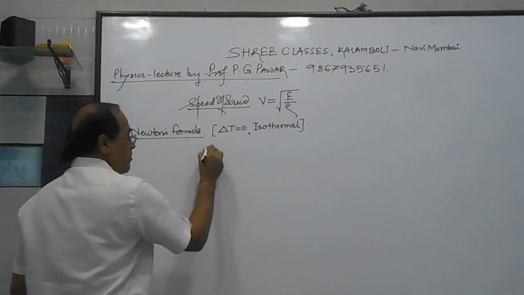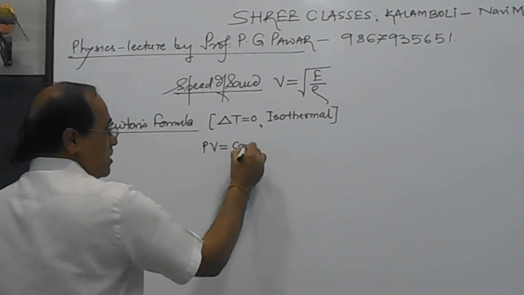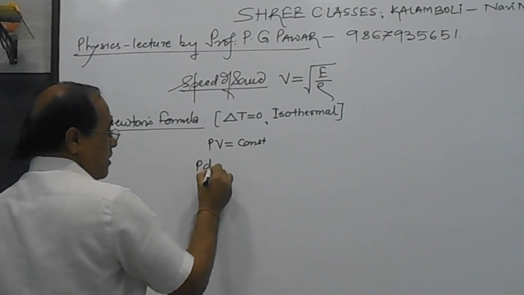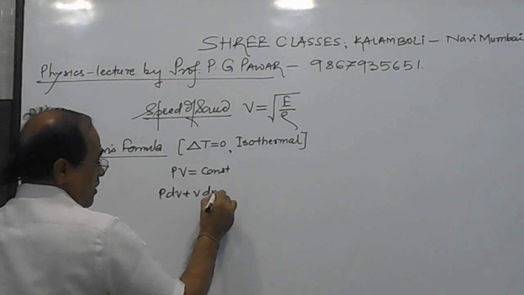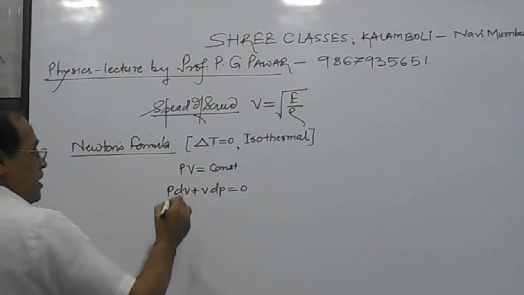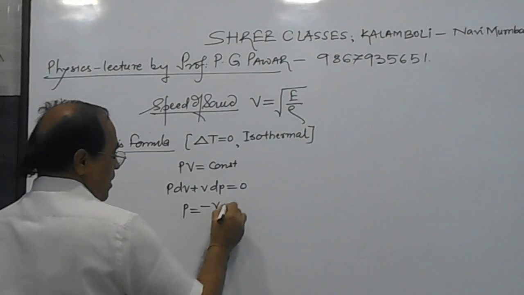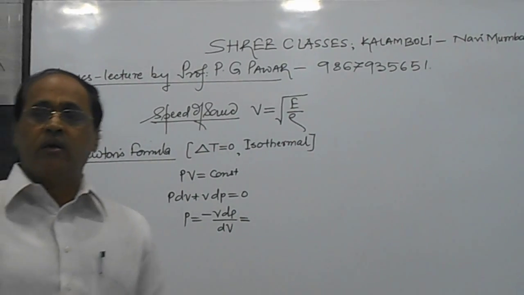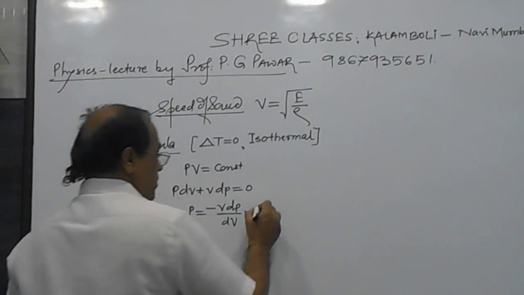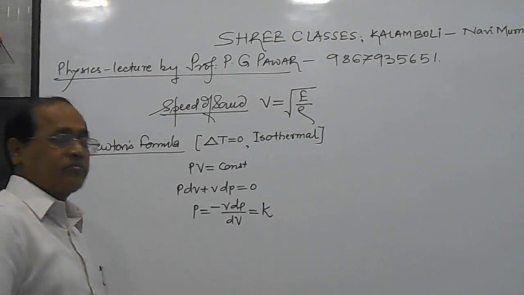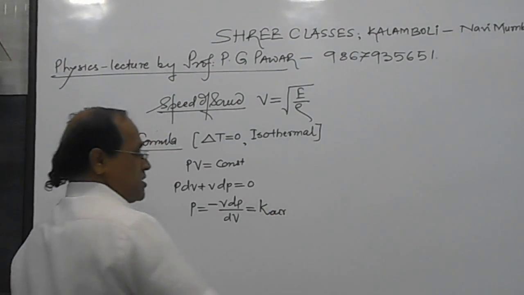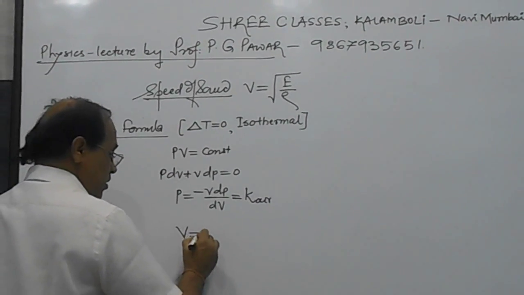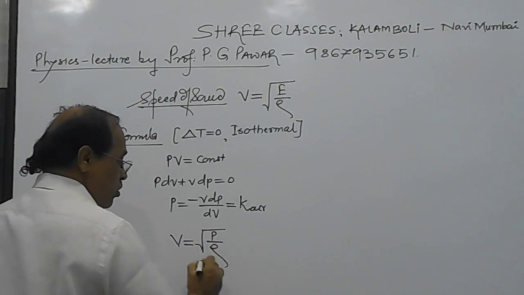Means for isothermal we can say for any gas PV is constant, for air also it remains the same. On differentiating we get PdV plus VdP equal to 0, meaning P equal to minus VdP upon dV. Later, in next articles, we study elasticity. In that way this is the bulk modulus of air, the bulk modulus of gas, that is P. Hence, in this equation if we substitute speed of sound equal to √(P/ρ) of air,